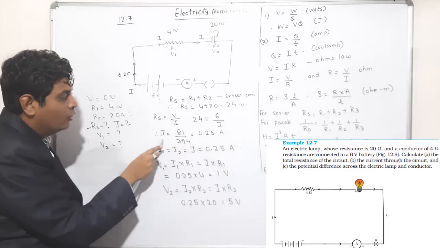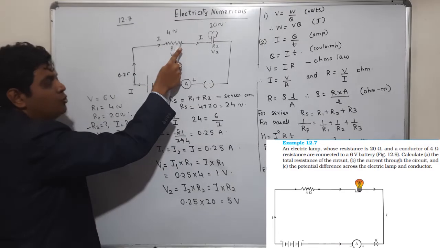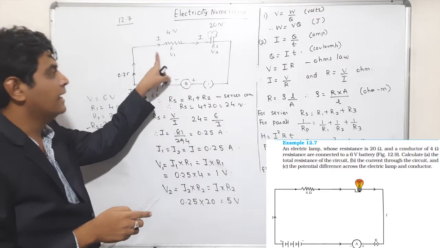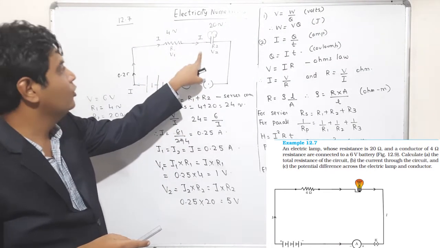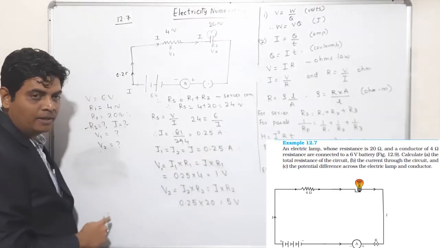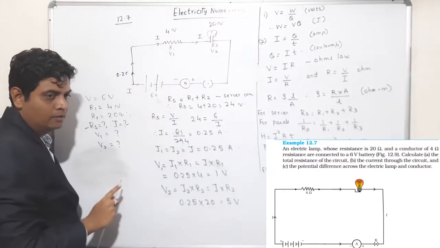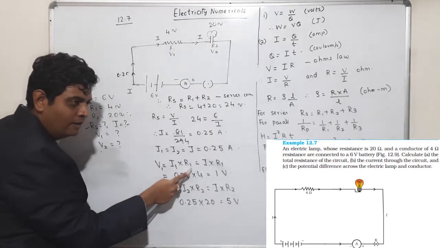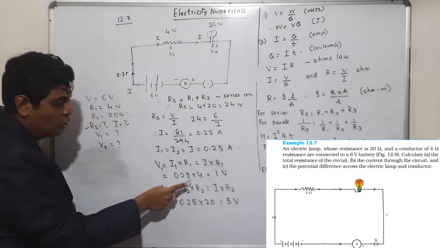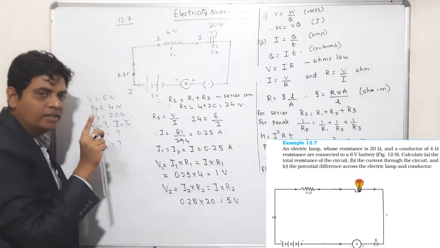Okay, so we have calculated the value of I. Also I1 is equal to whatever I enters into R1, the same I enters over here. There is no change of path, so they are connected in series. I1 is equal to I2. So I1 is equal to I2 is equal to 0.25 ampere. Now I want V1. So V1 will be equal to I1 into R1. But I1 is nothing but I. I into R1, I is 0.25, R1 is 4, so the answer is 1 volt. V1 is 1 volt.